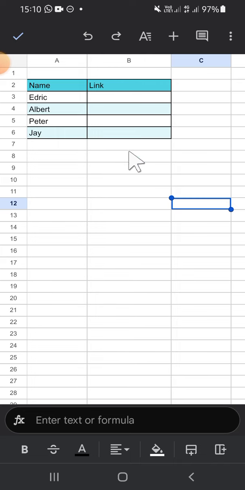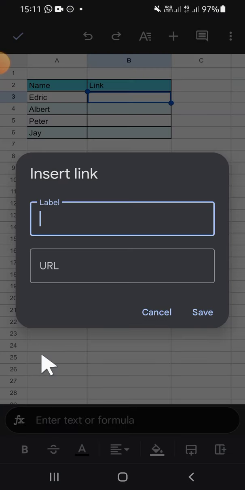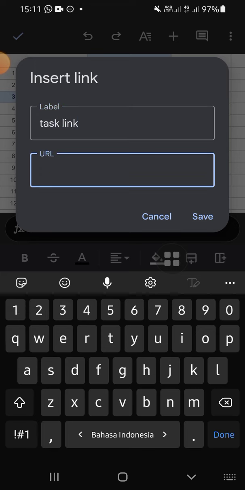So the first thing we're going to do is click on the cell that we want to insert a link, and after that we can click on this plus button. Then there will be several options for us, and since we want to insert a link, we can click on the link option right here. Then we can put the label of the link, and for example I'm going to type task link. Then you can put the URL right here, and after that we can click on save to save